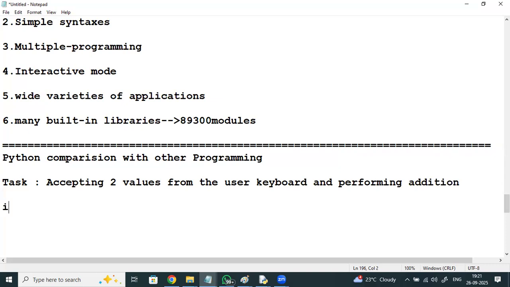First, I will write it using Java, later using Python, and you can compare.